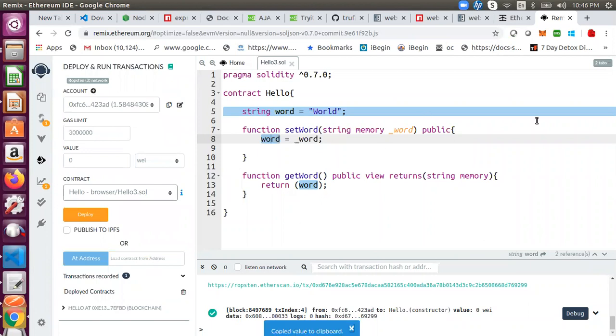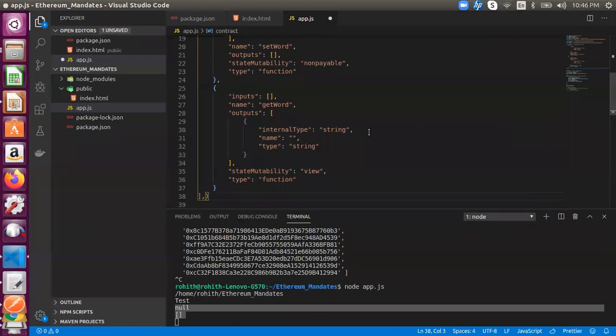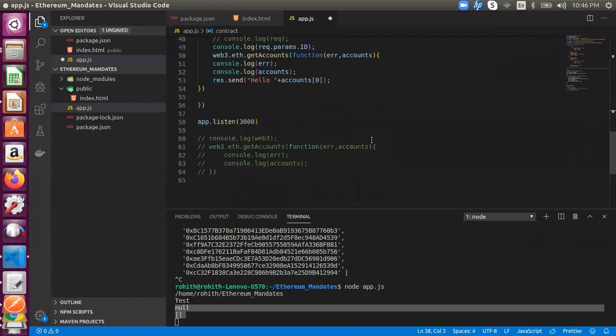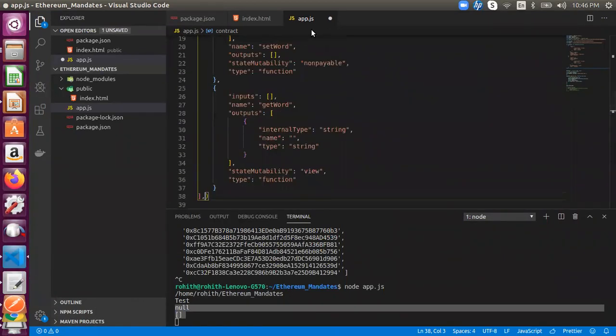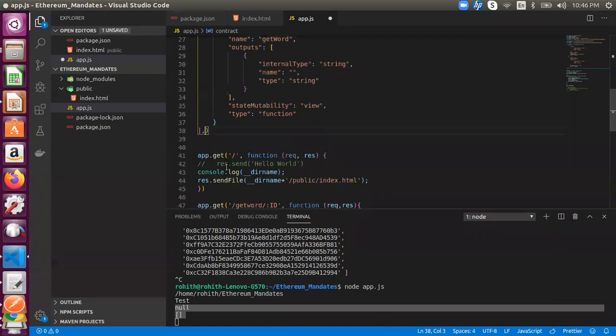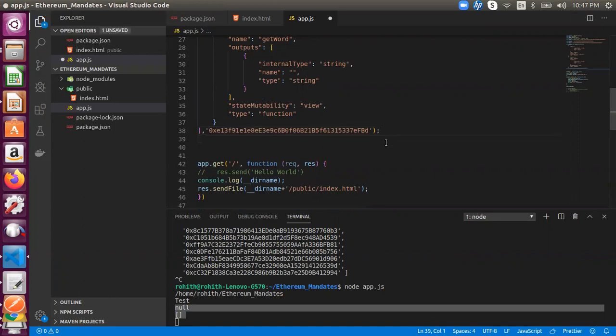I'll copy this address and inside app.js I'll give it here. It should be in quotes as it is a string. And I try to print what is in the contract, console.log